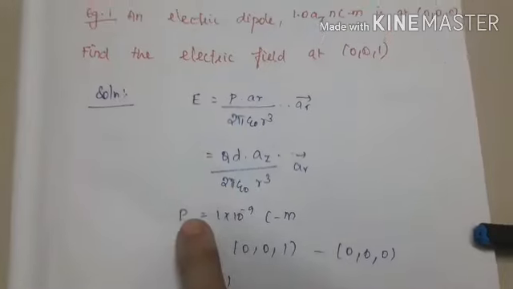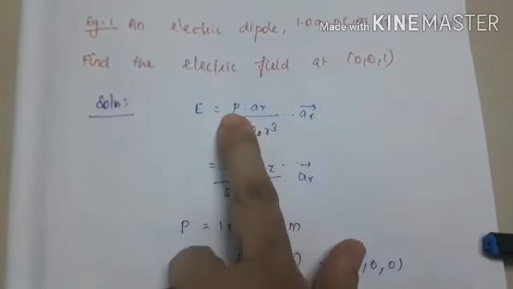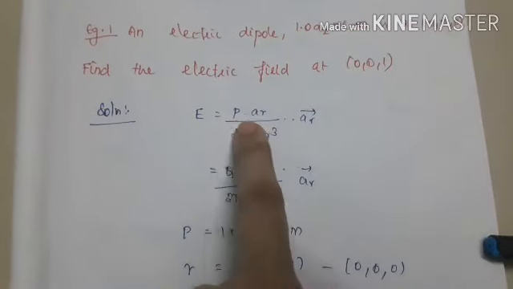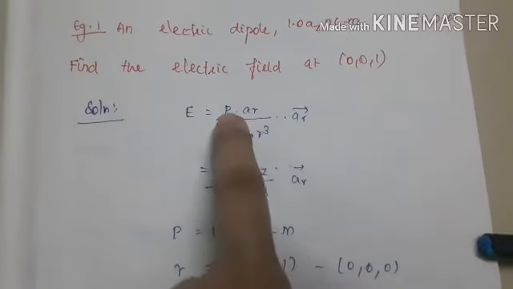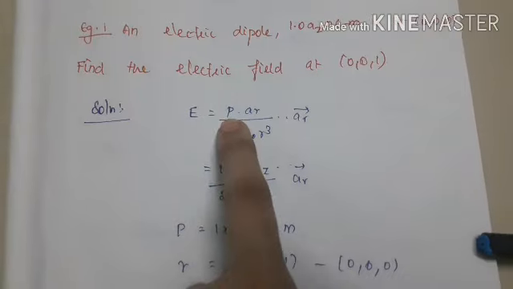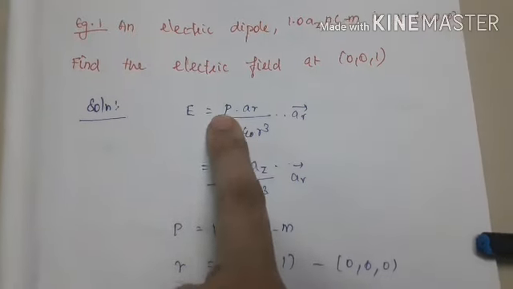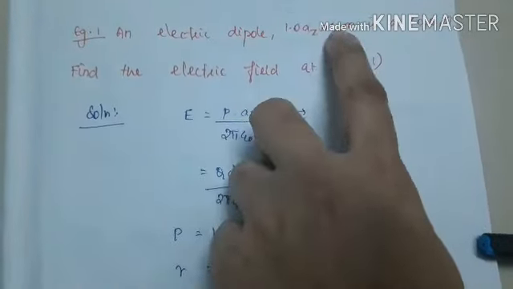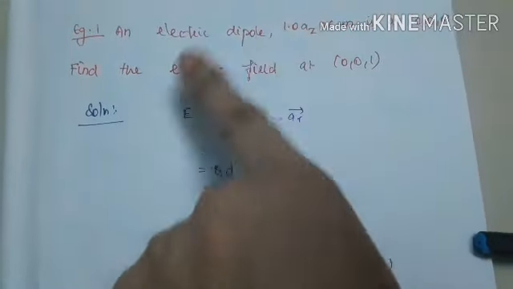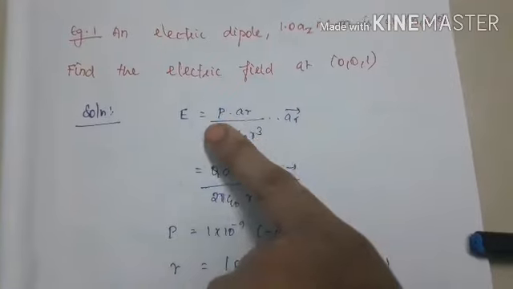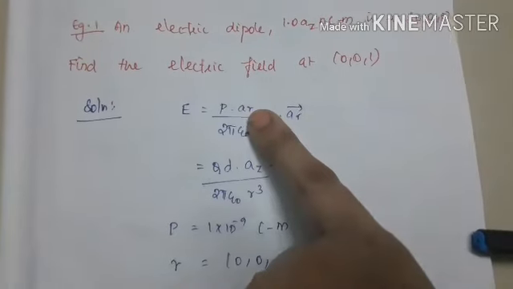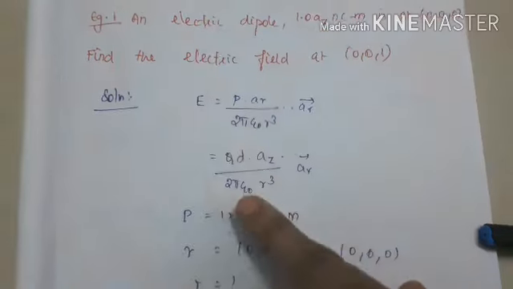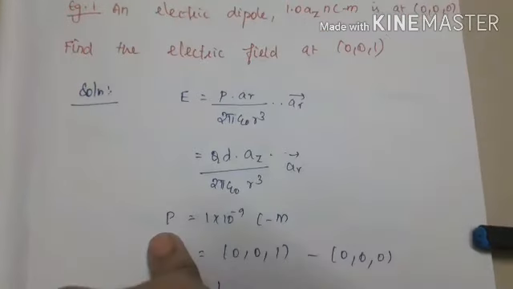What does this P represent? P is the dipole moment. In our last session we defined this clearly. What is meant by this dipole moment? What is the unit of this dipole moment? It is coulomb meter, right? Since the coulomb meter value is given directly, you can substitute this value directly. Else we have to find out Q and D. Here we are substituting this value directly for P, that is the dipole moment.